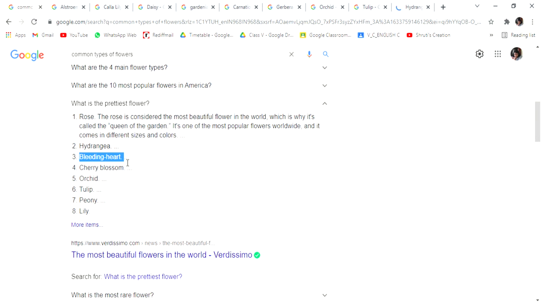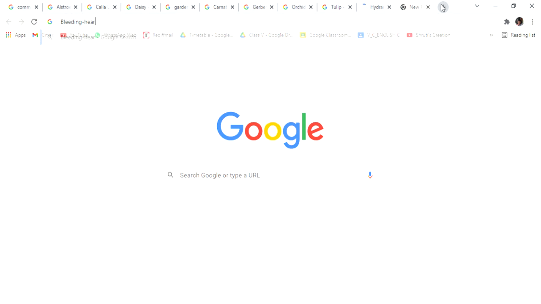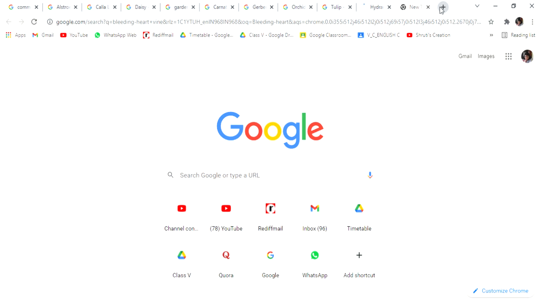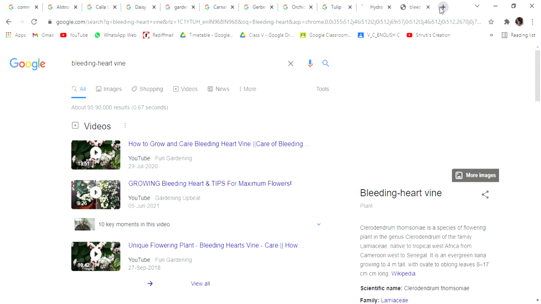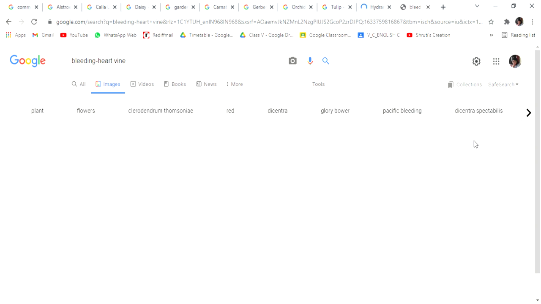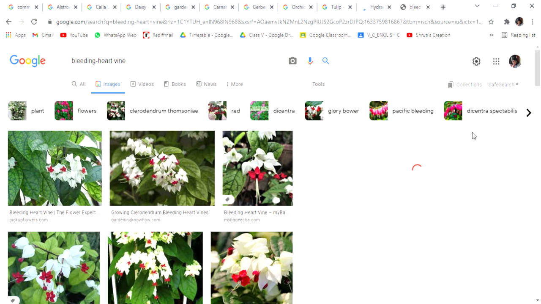Now by the name you will be thinking bleeding heart means it might be a flower in one color. How does it look? You will be having many things in your mind, na? So that bleeding white. What is bleeding white? Is it something that? No, bleeding whites are not actually bleeding heart. Its actual name is bleeding heart vine. Okay, its actual name is bleeding heart vine.